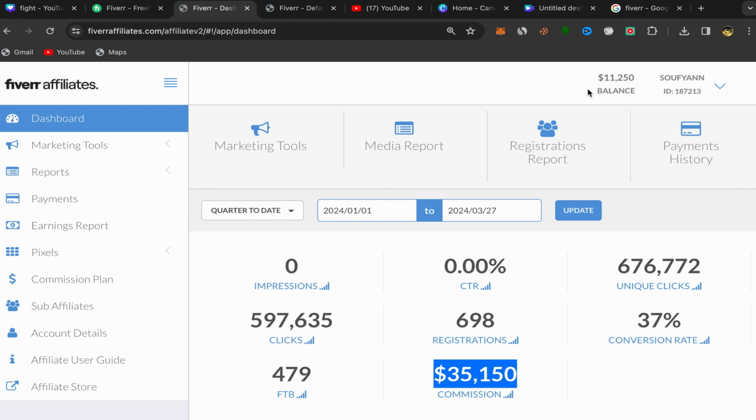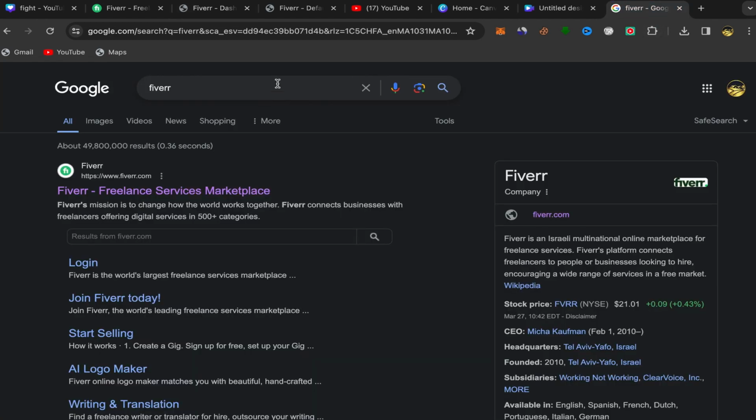Okay, and as you can see in my balance, I have $11,250 available. I will be able to withdraw this money by the end of this month. So anyways, for people who are new to my YouTube channel and want to start making money with